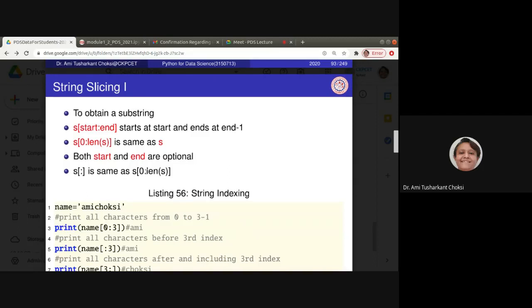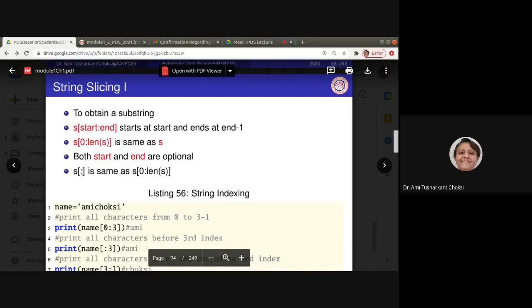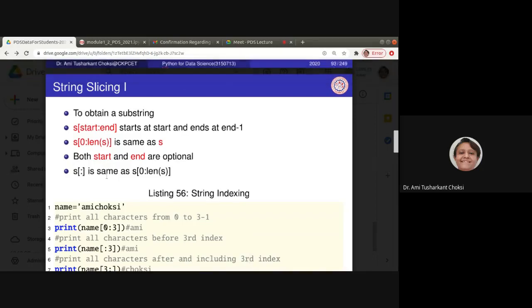So S with only a colon inside is the same as S of 0 colon len S. Got the point? The first is for the start, and what is after the colon is for the end minus 1. If you do not provide them, it considers 0 for the starting point and len S for the end point, right?